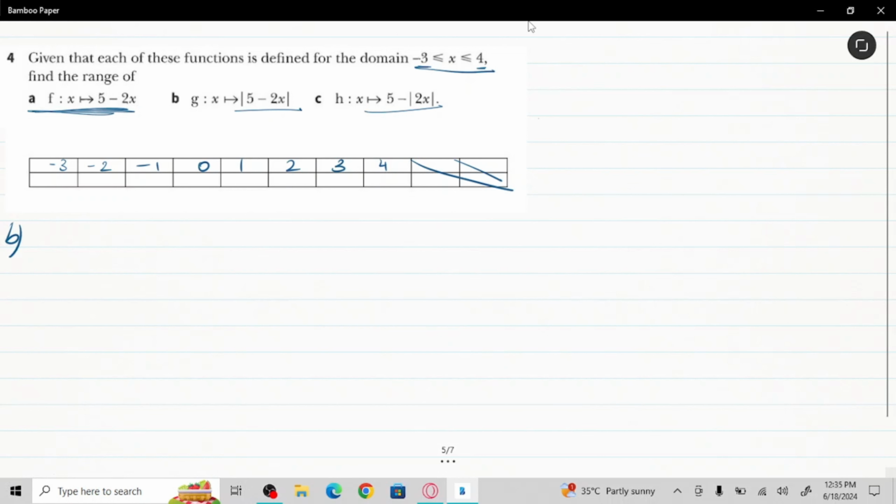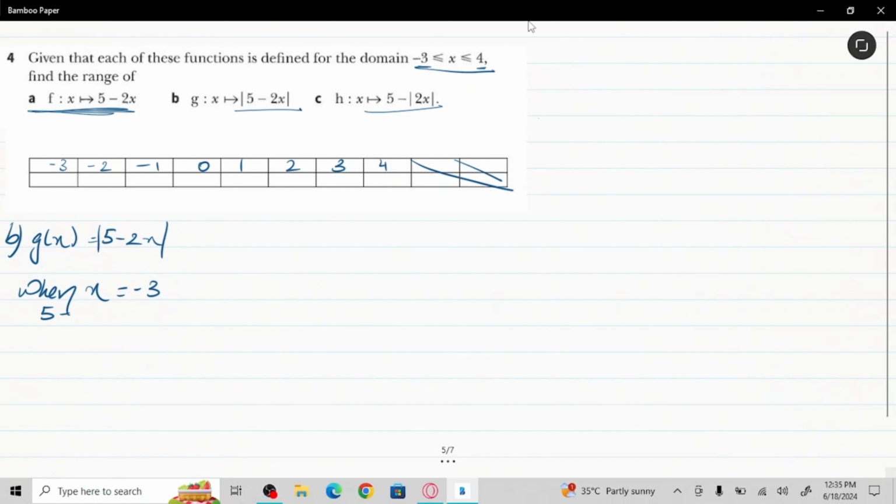Okay, so for part B we have the equation g(x) equals |5 minus 2x|. And this is in a modulus. That means there is a vertex, there is a reflection, and there are two intersecting lines. So in this case, it's really important that we input all the values, and I will show you that in between there will be some errors. Let me just input the values for g(x) real quick. By the way, let me clarify that all the values will be positive because it's in a modulus. So when x equals negative 3,